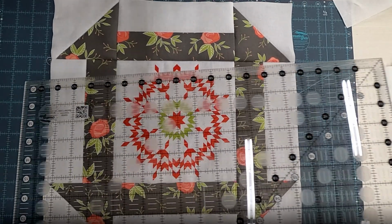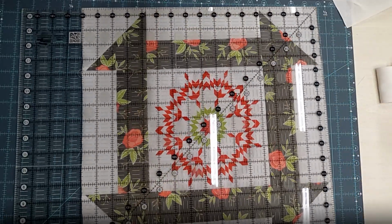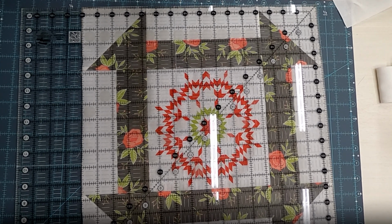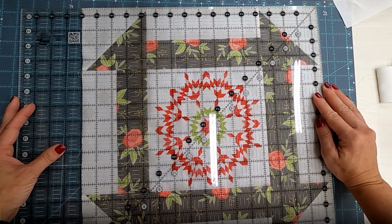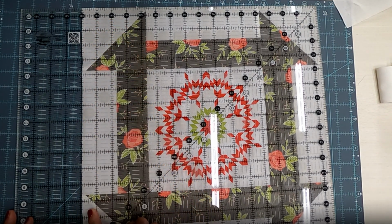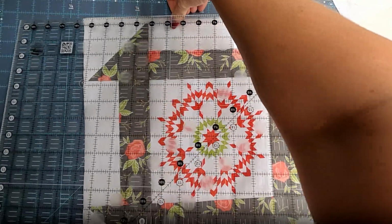I'm going to take a large ruler here, and I'm going to put this down on top of my project. It's going to line up in the corner here. You can see I am at this block here. I'm 16.5 here, and at the bottom, I'm going to get